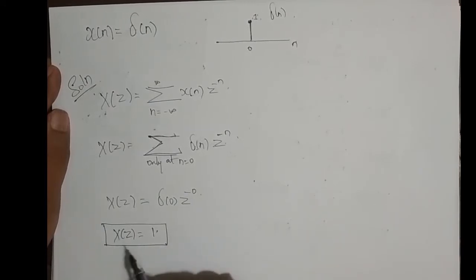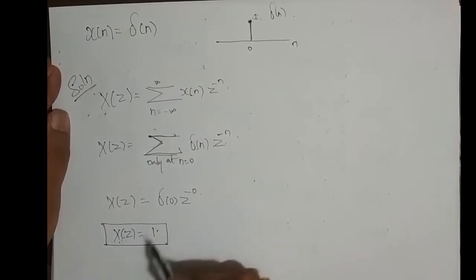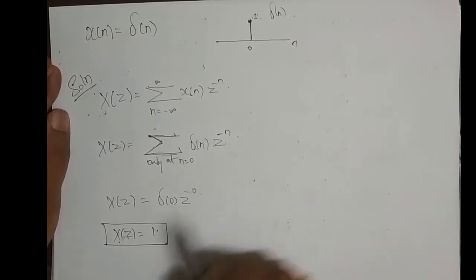To know where this region of convergence lies, we have to again recall the definition. What is the ROC definition we have discussed? It is the value of z for which X of z converges, right? Converges in the sense that the right hand side of this X of z remains finite. Now what is the value of z I need to put here, in which the right hand side of this becomes infinity? You got my question?